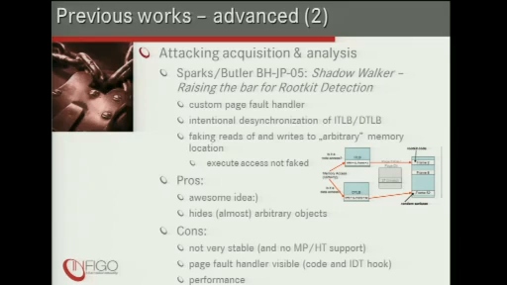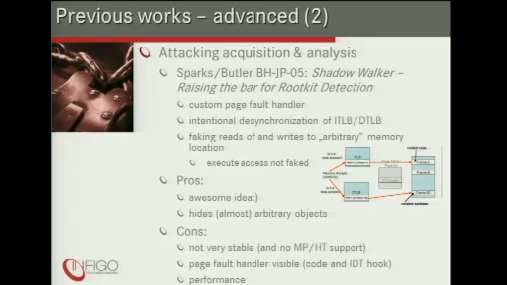Another work on memory anti-forensics was proposed like 7 years ago by Sparks and Butler. Some of you might recall it. They created a proof of concept rootkit called Shadow Walker. What they did is they created a custom page fault handler, and they marked every memory location that they wanted to hide as not present, as being swapped out, as being paged out. Additionally, they cleared out the complete translation look-aside buffer and desynchronized the instruction and data translation look-aside buffer.